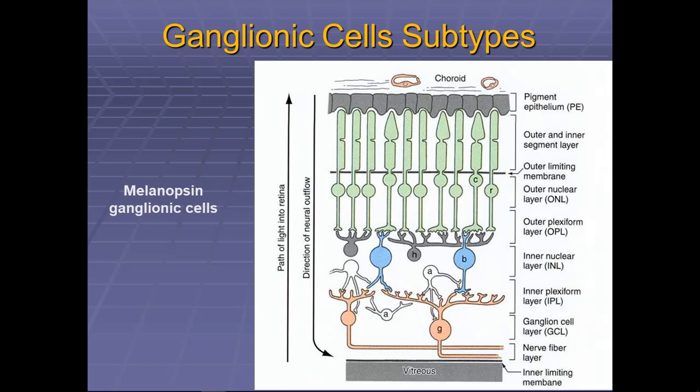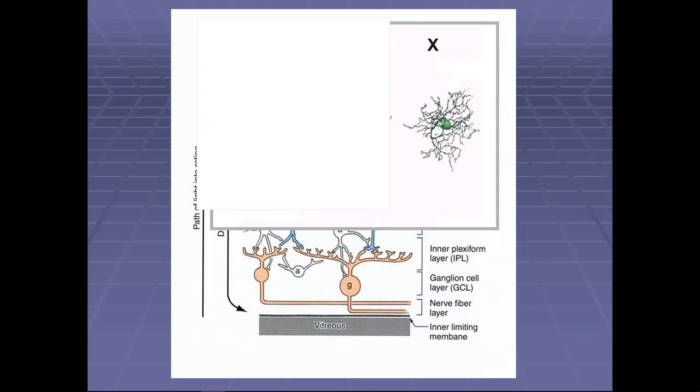The second type is called X-type cells. These cells are usually small in size and have narrowly distributed dendrites, and each cell is connected to a very small number of bipolar cells, so there is not much convergence in the information they get. This means that each of these cells is responsible for a small area of the retina, which makes them have